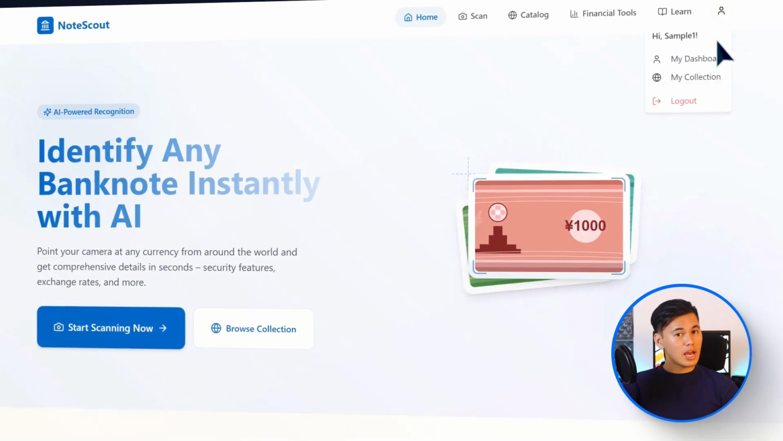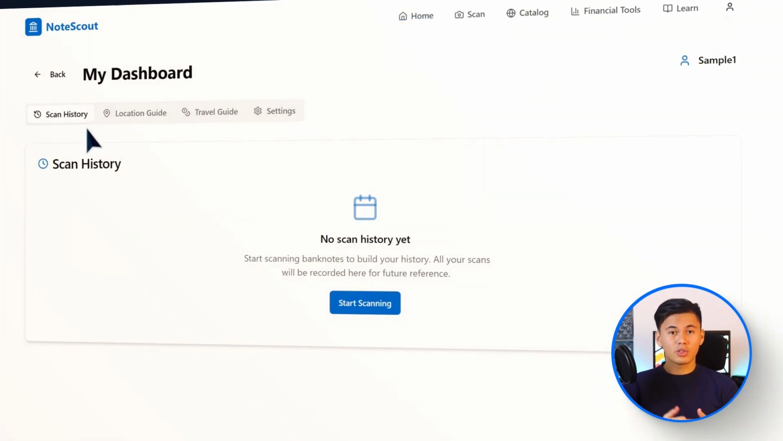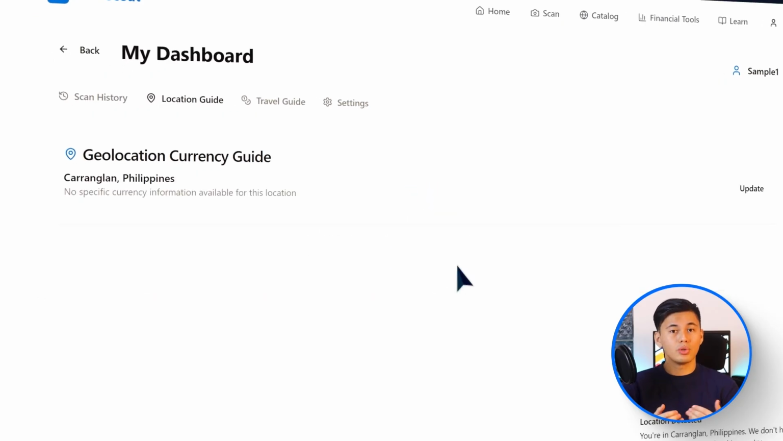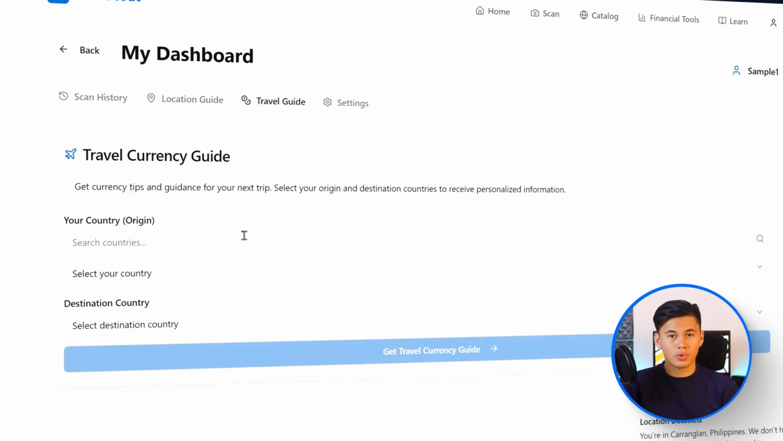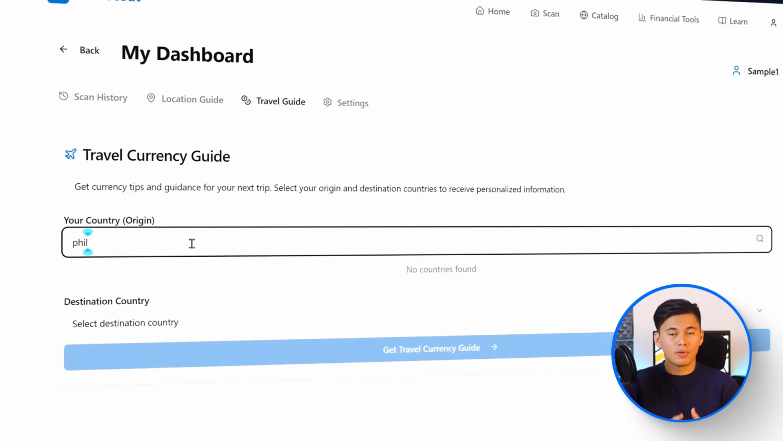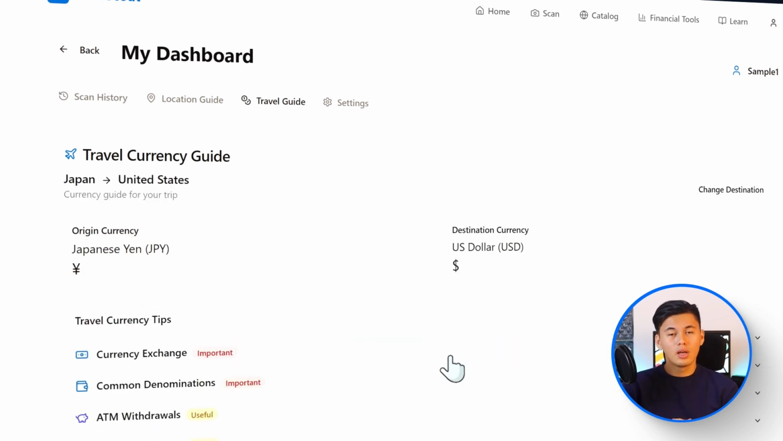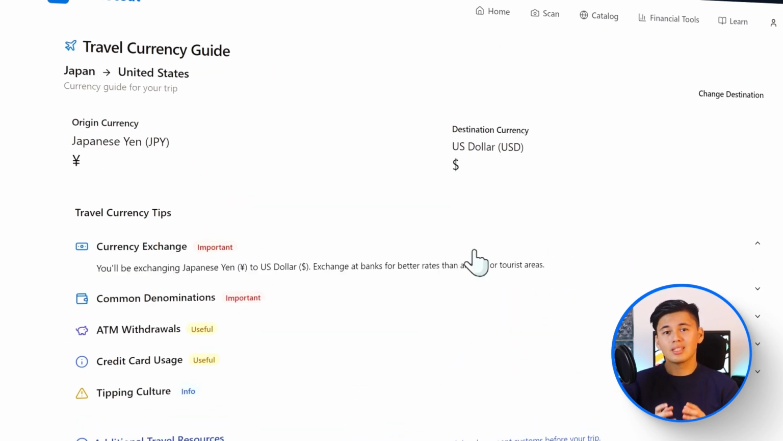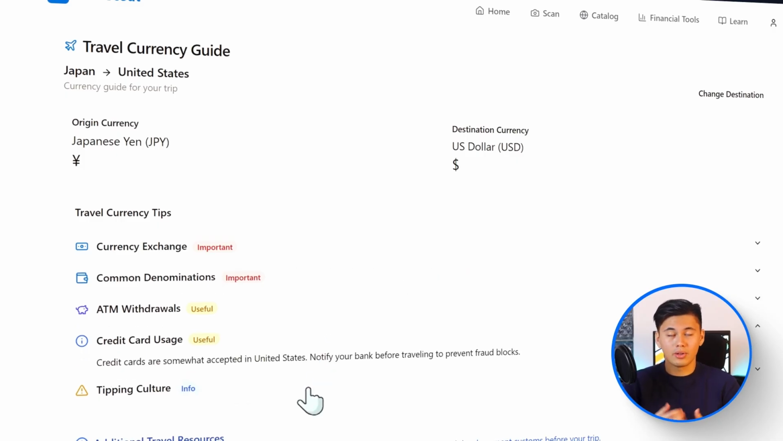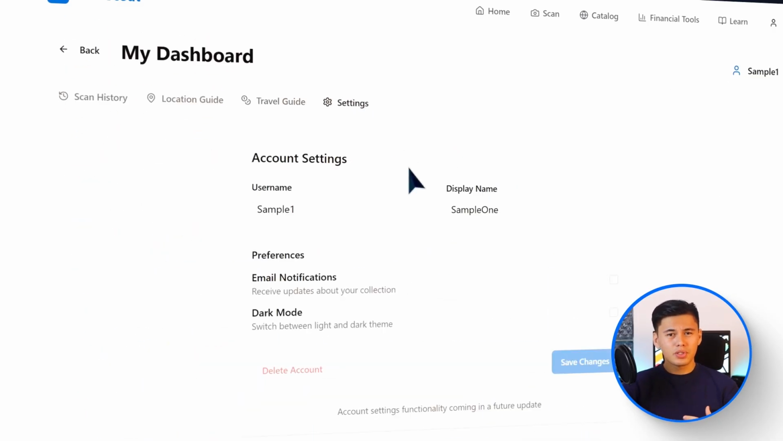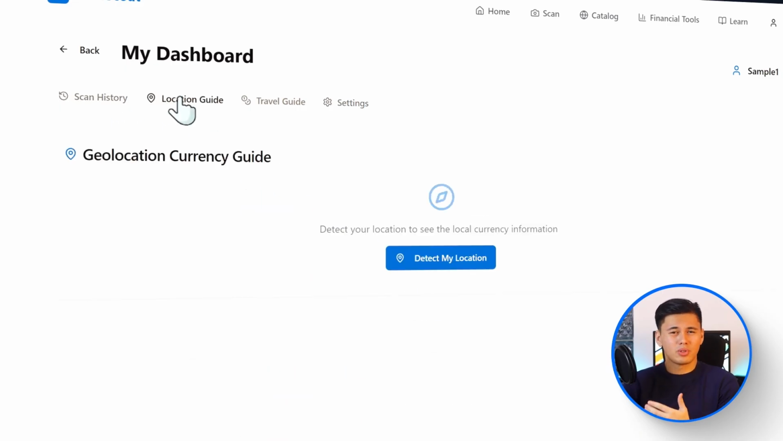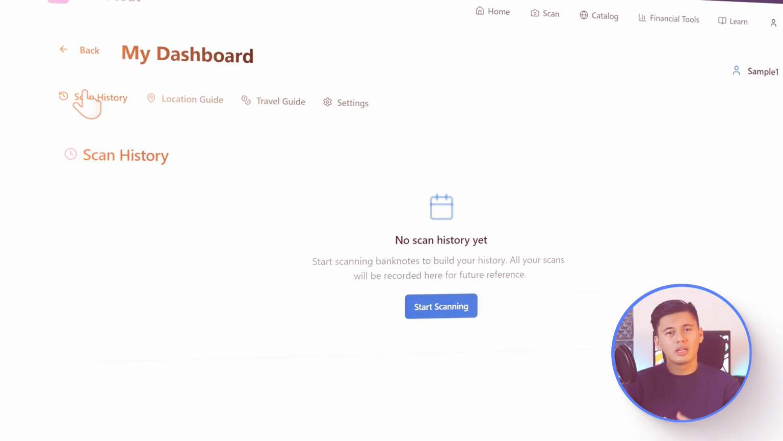After the update, the dashboard includes a region-specific travel currency guide based on the user's location or selected country. It also offers sharing functionality, making it easy to show collections or findings to others. A full scan and activity history is now available within the user's account as well. This feature set turns the app into something way more personal. It's no longer just about scanning, it's about building, tracking, and sharing a growing collection that reflects the user's interests